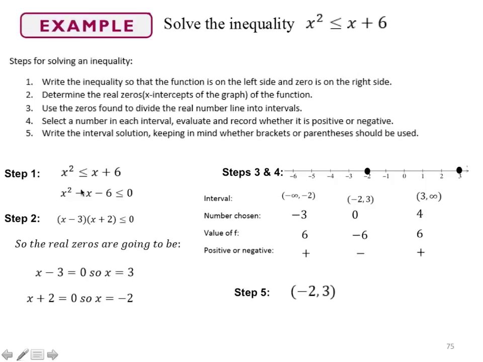Now, if you look at what I actually want, I want less than or equal to 0, so that means that I want the negative sign. So I'm looking for anything where I have a negative sign here, which is the interval from -2 to